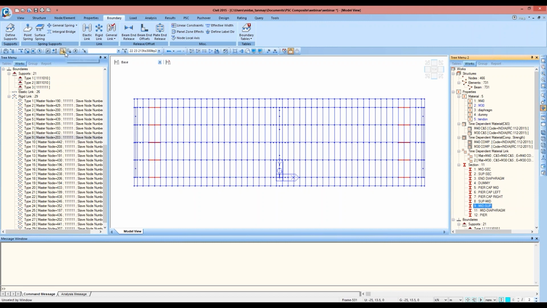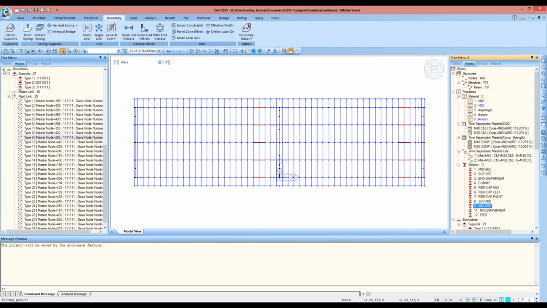So I'll use this option, unselect by window, unselect these elements, only these elements are selected, and drag and drop the support to mid, and then mid to support. Okay, and then support to mid. So these sections here should be mid to support. So I'll unselect these two and mid to support, drag and drop. So now support to mid sections and mid to support sections both have been created here.